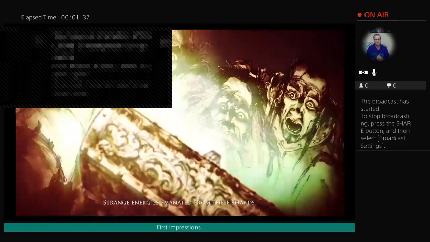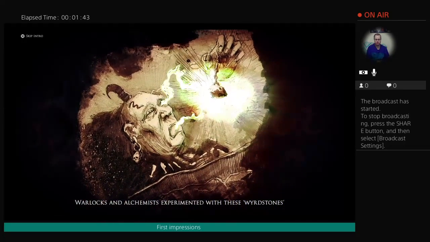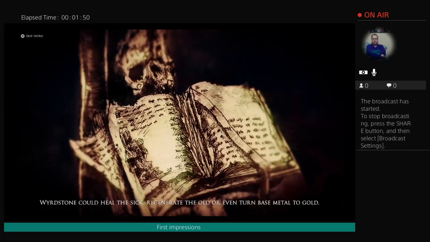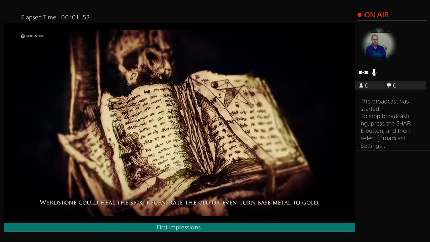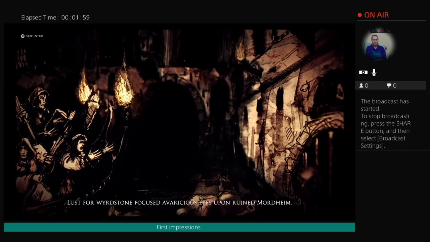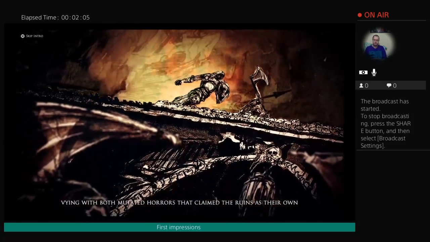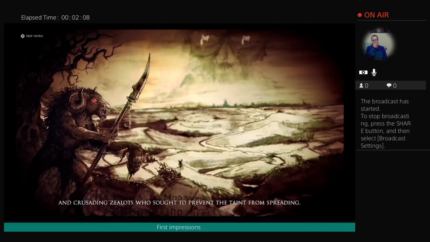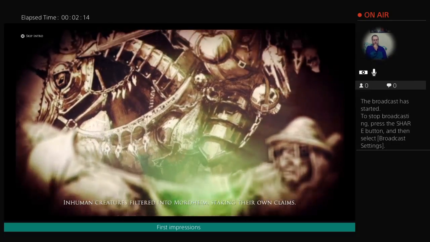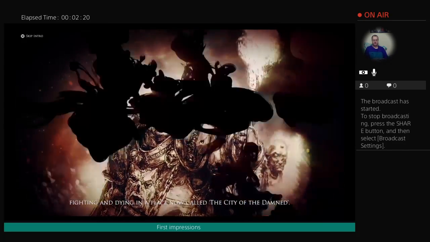Strange energies emanated from these shards. Warlocks and alchemists experimented with these word stones and soon determined that their uncanny properties could work wonders. Wordstone could heal the sick, regenerate the old, or even turn base metal to gold. Lust for Wordstone focused avaricious eyes upon ruined Mordheim. Treasure hunters descended upon the city, vying with both mutated horrors that claimed the ruins as their own, and crusading zealots who sought to prevent the taint from spreading. Inhuman creatures filtered into Mordheim, staking their own claims. An endless pilgrimage of the greedy and ambitious fighting and dying in a place now called the City of the